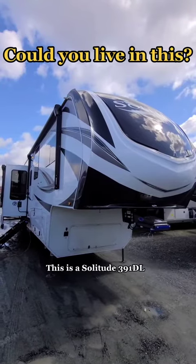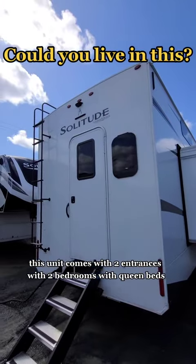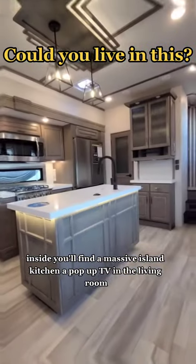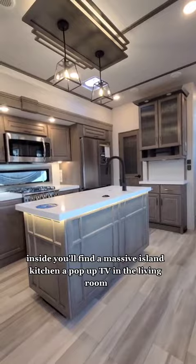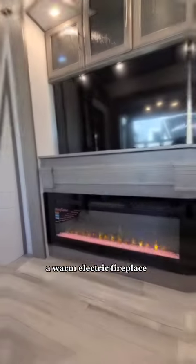This is Solitude 391 DL. This unit comes with 2 entrances, with 2 bedrooms with queen beds. Inside you'll find a massive island kitchen, a pop-up TV in the living room, a warm electric fireplace,